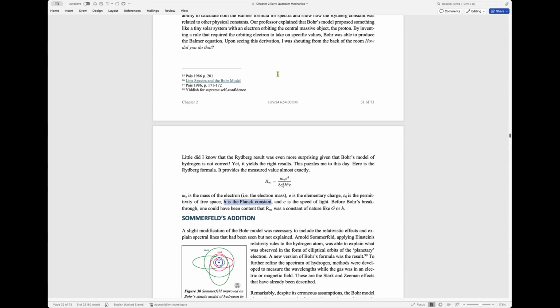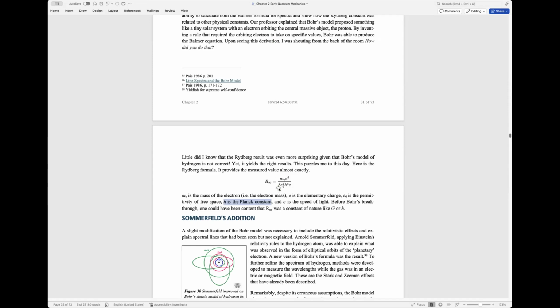Well, you can see a little description here. I yelled to the professor from the back of the room where I was hiding, how does that work if Bohr's model of the atom is incorrect? And her answer was, we don't know. It's a miracle. But Bohr was able to explain the spectrum of hydrogen and a few other simple elements and